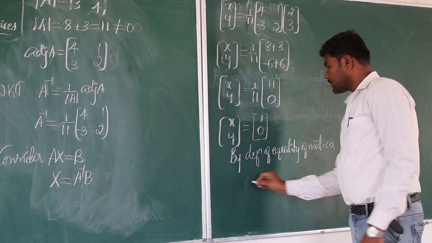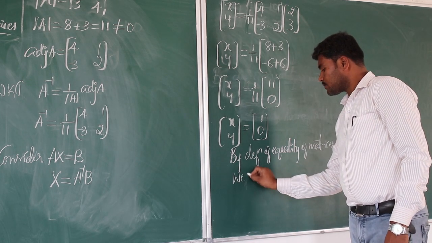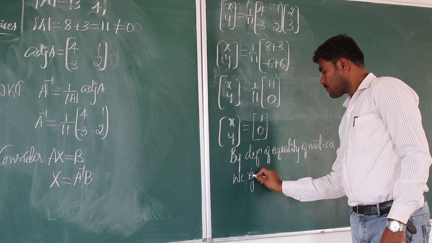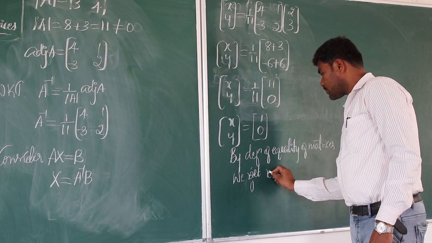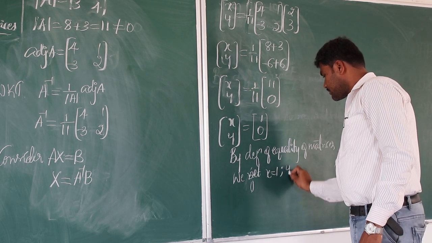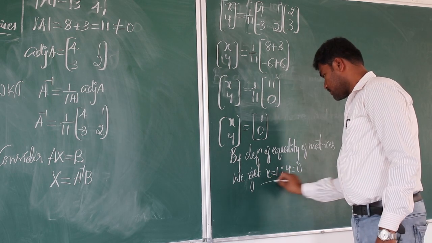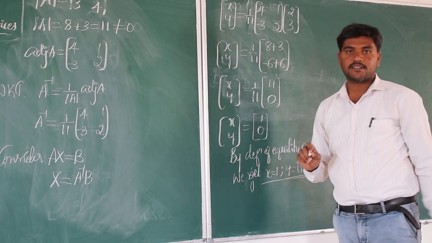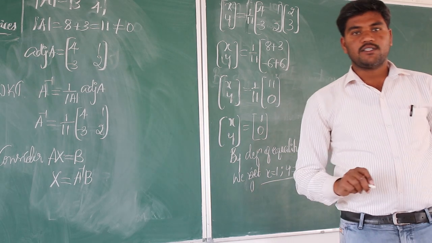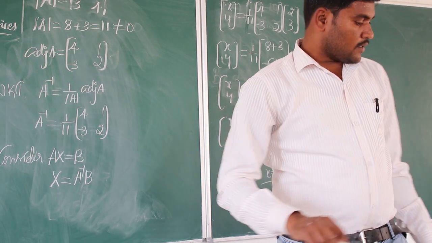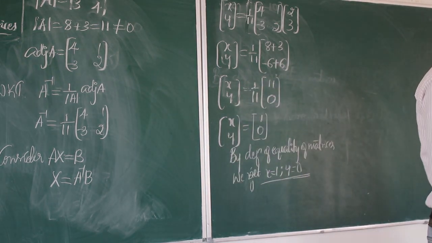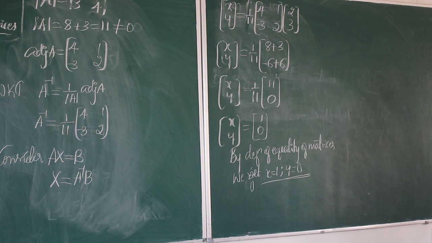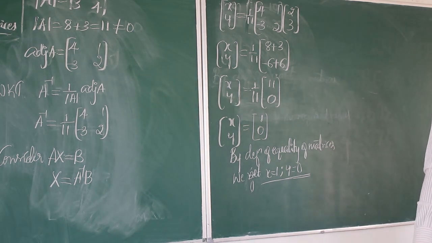So we will get x is equal to 1 and y is equal to 0. So the required values x and y are 1 and 0. Okay, like this, a 3 by 3 matrix. See, if a system of equations contains 3 variables x, y and z, then it becomes